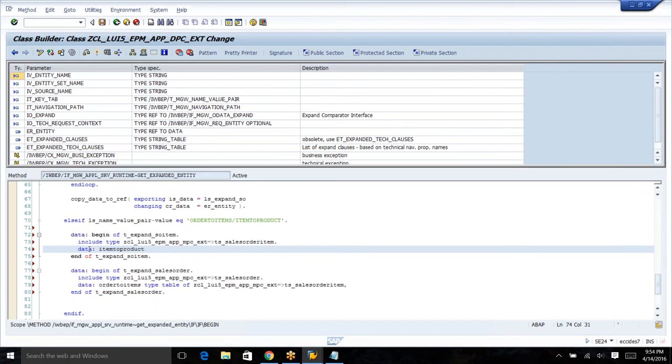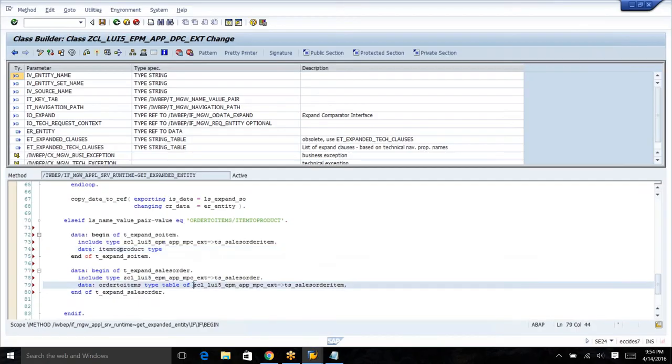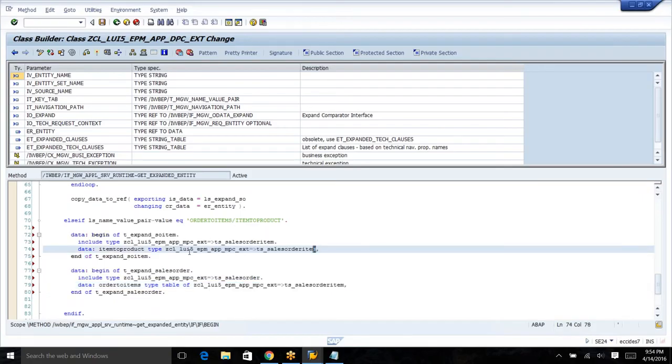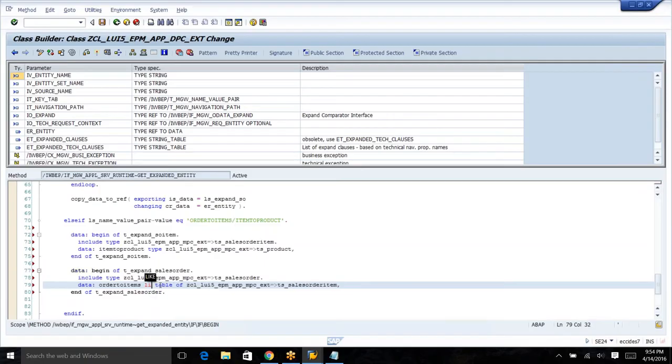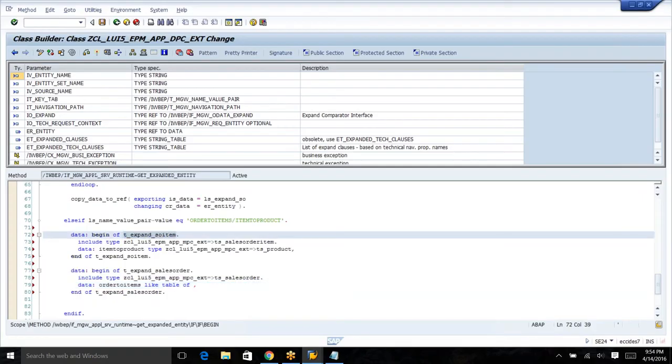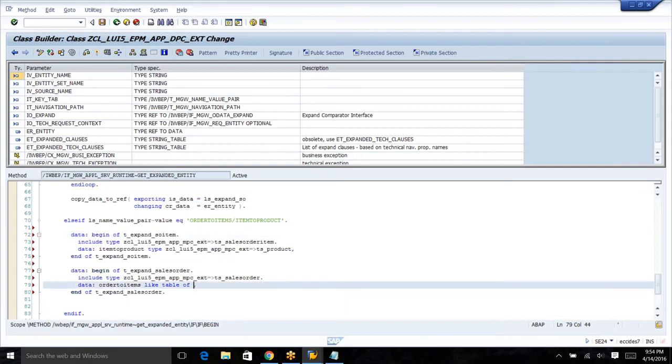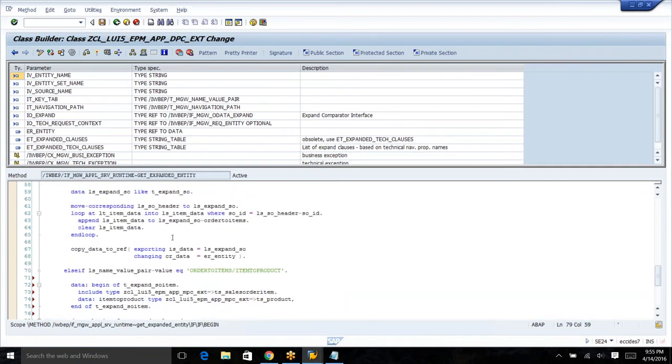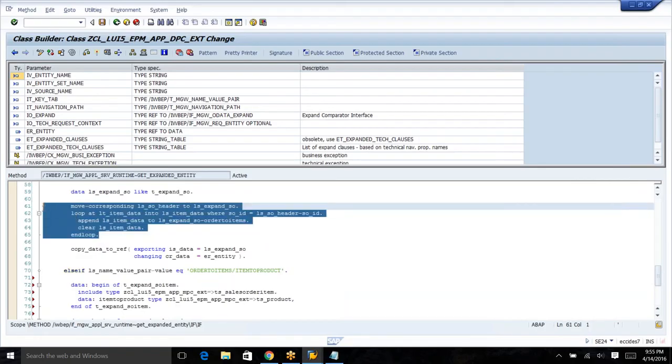Okay, type T by product. This one like table of T expand SO item. Okay, so we will do this same thing, move corresponding, let's just say